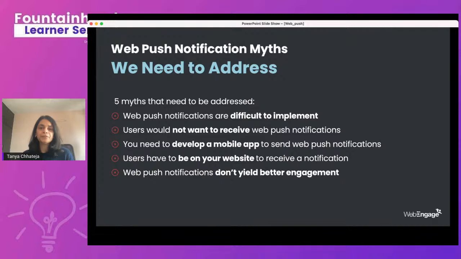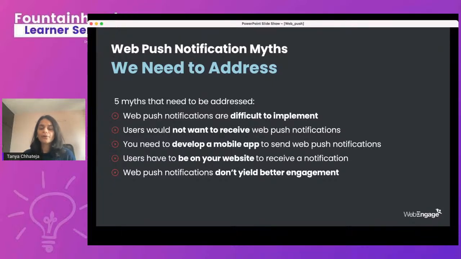Great. Now that we are reaching towards the end, I thought it was a good way for us to understand the myths that we were able to solve for in this webinar. There are five myths that we addressed today. One is web push is difficult to implement, which we saw how easily you can set up web push campaigns on your WebEngage dashboard. And not just setting up campaigns, you can personalize your campaigns, you can segment your audience in whichever way you want, and you can also view performance stats. You can include them in your journeys or your relays. Get the best out of your web push notifications.